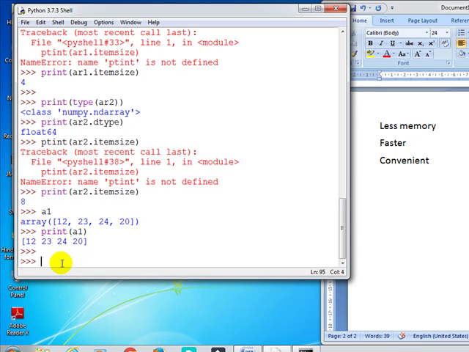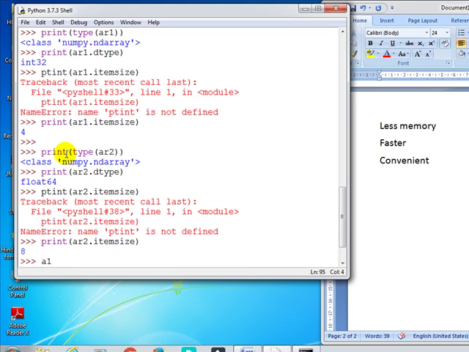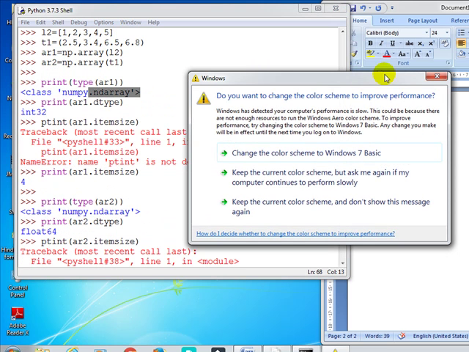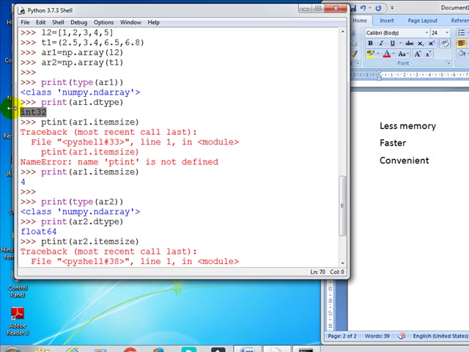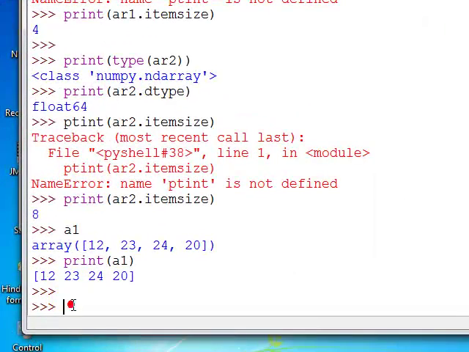Now if I have to specify the data type, you can see here the data type of A1 is int32. Now I have to change it to int64. Is it possible? It can be done.